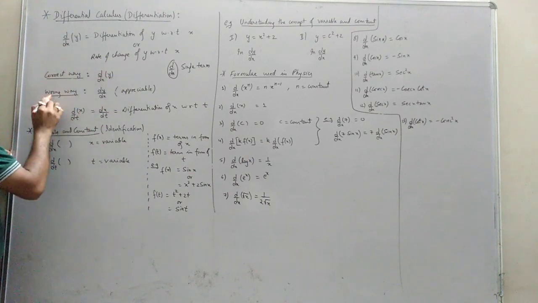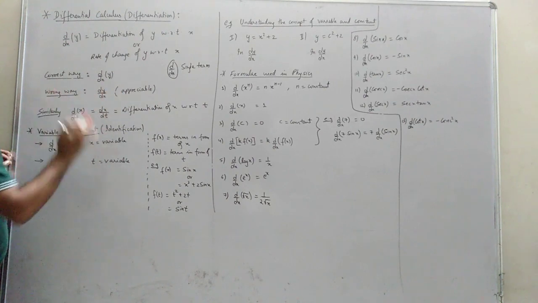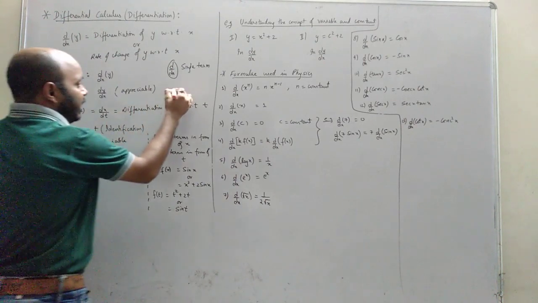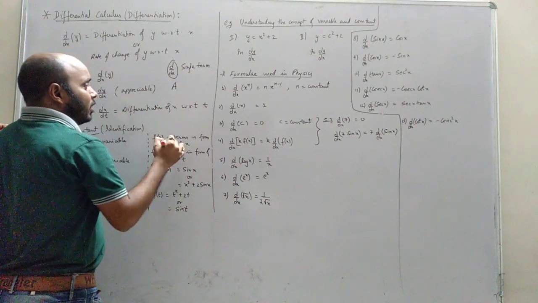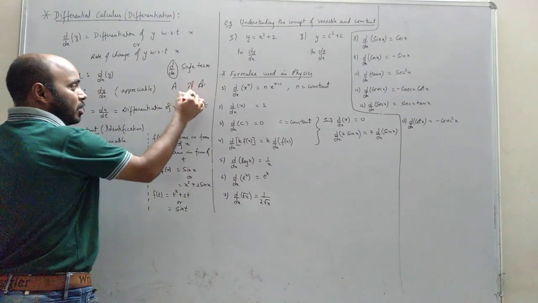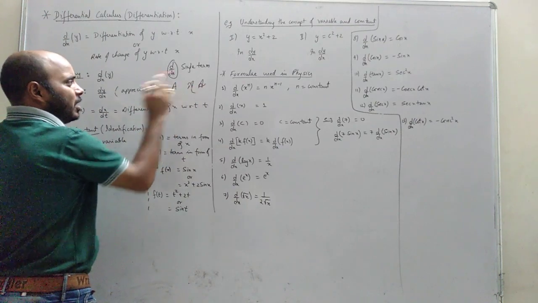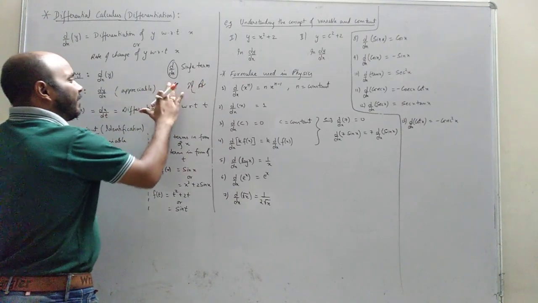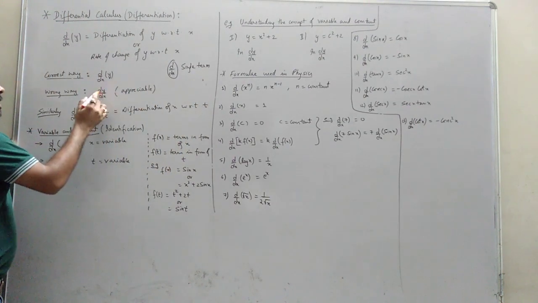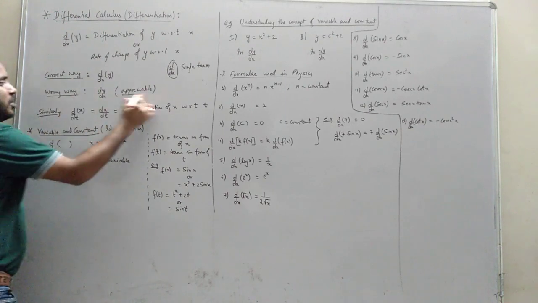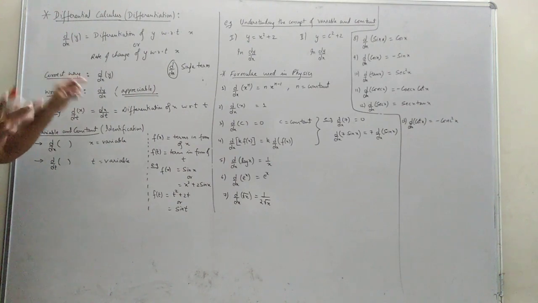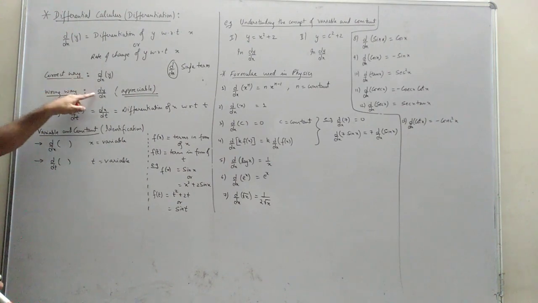Now the wrong way of writing is dy by dx. We start writing like this. It is like when we are a little older: as children we learned that a is written one way, then as we grew a bit we started writing it in a stylish way. But this is also appreciable, this is also correct. We consider this is a, we consider this is a. Similarly, in that fashion, the actual way of writing is this. But after some time when we grow up, we start writing dy by dx. So this is a wrong way but appreciable. That's how we wrote it. So you can write like this also, but you should know that this is the wrong way, and this is the proper way. But we write like this also.